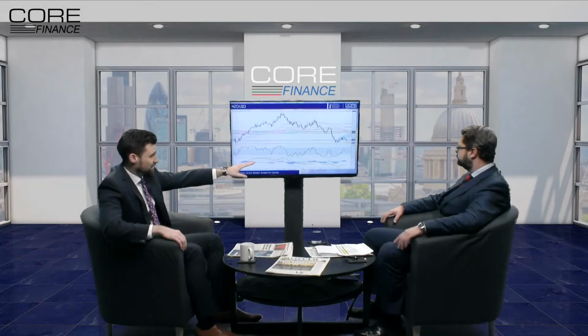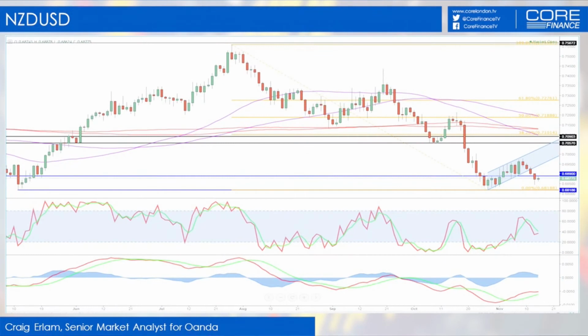The stochastic is around the midpoint, so it's nowhere near the previous lows. The MACD histogram is, of course, in positive territory, and the moving averages as well look like they're lined up or they're preparing for a bullish divergence. So we'll see how this trades off here. Should we fail to make new lows or rebound off the previous lows, then I'm looking right back at this,